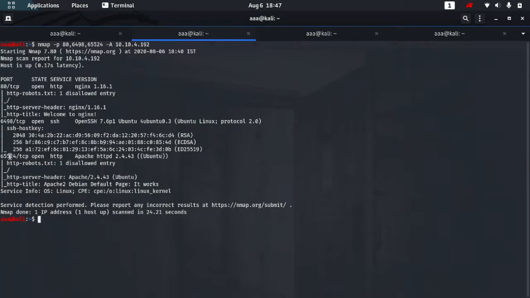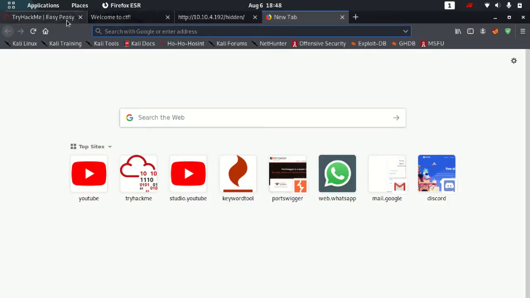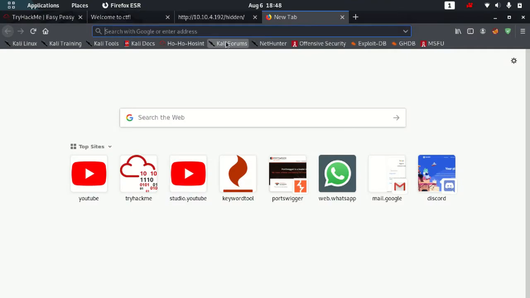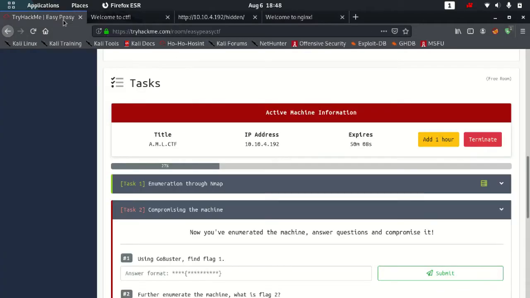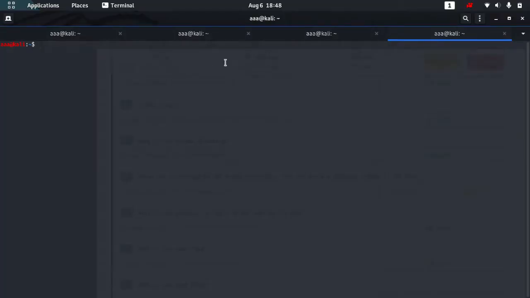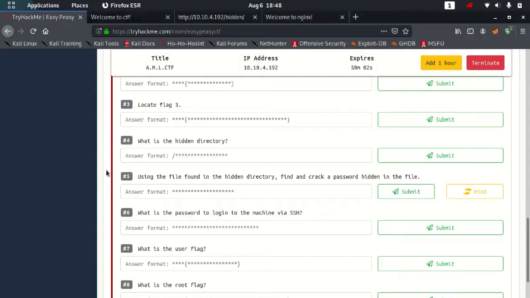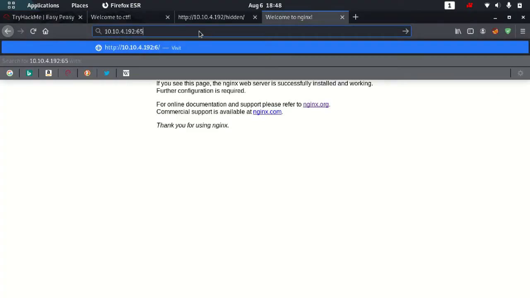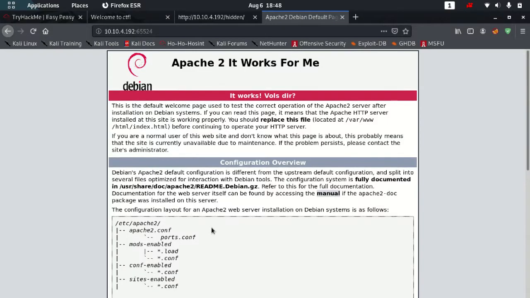So if we try and connect to that port, maybe we'll copy this IP and put the port as 65524. Oh nice, we are into the second Apache port which is working.